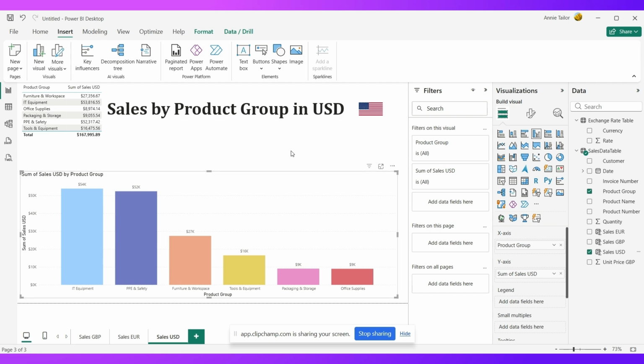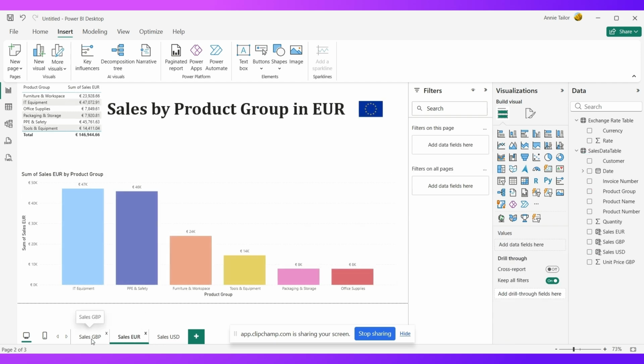And now I should have 3 lovely little reports that will, when the data changes in the Excel spreadsheet or there's a fluctuation in the exchange rate, as soon as I hit the refresh button, all of this data will update. Now, the other thing that I might do for the EU and the USD pages is I might put a little card on here just to show you the exchange rate that I've used for the calculation, in case that's not what somebody else has in their